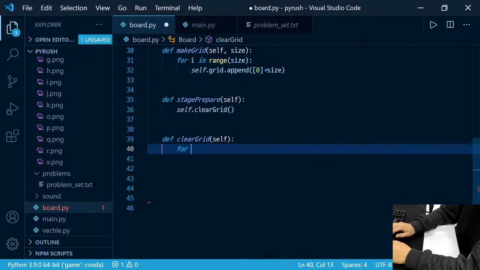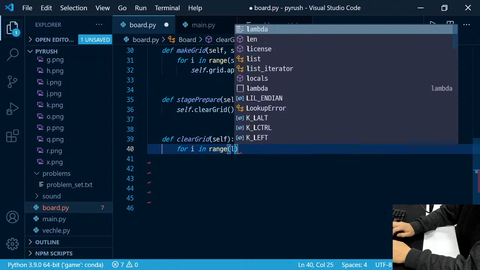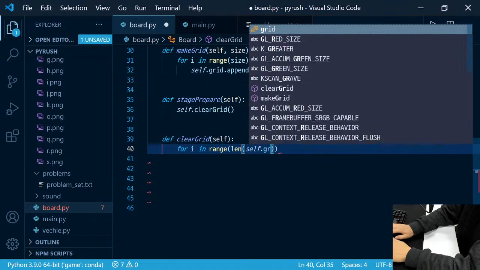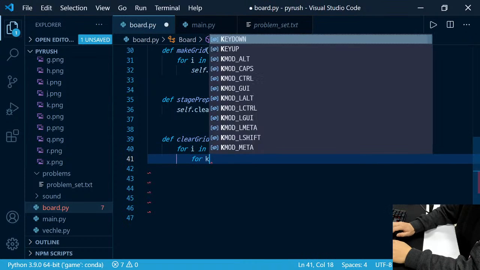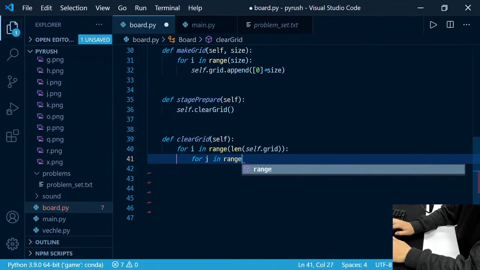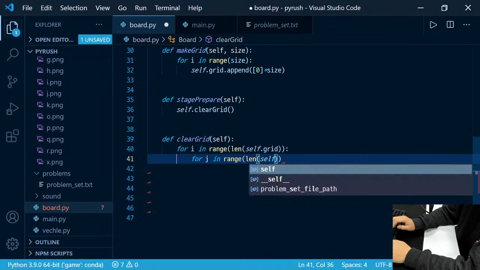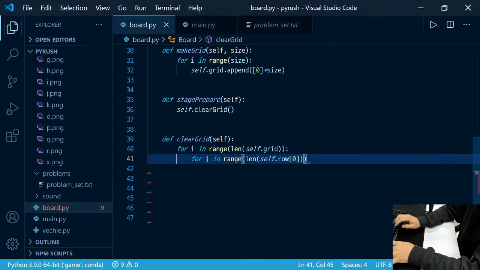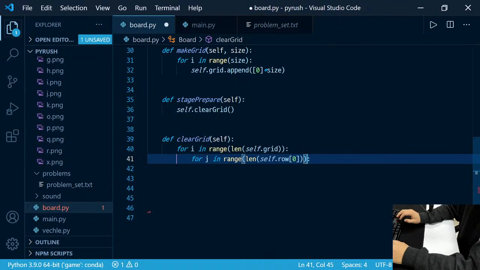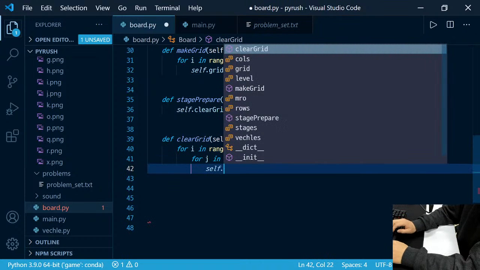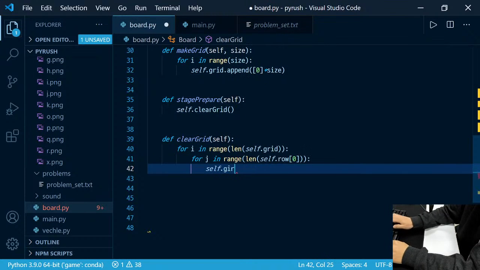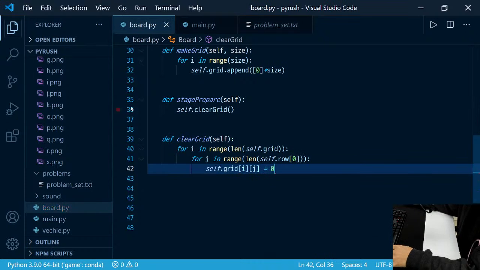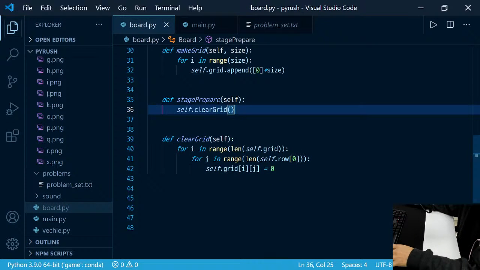So let's say for i in range(len(self.grid)), and for j in range(len(self.grid[0])), probably, that will be okay, or cols. And then every element is filled with 0. So grid[i][j] should be 0. Okay, so for stage prepare, first I call self.clear_grid, and then